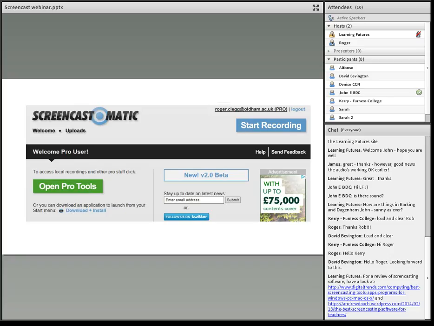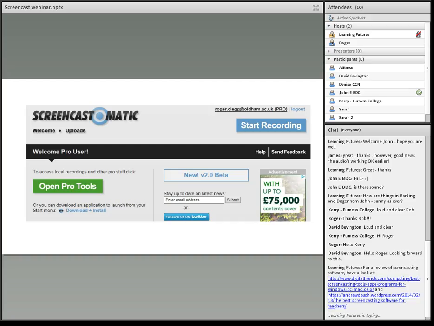Okay, so I've done some screenshots just to show you how quick and easy it is. In terms of Screencast-O-Matic, when I logged on, I'd see, top right hand corner, the email address that I used. One downside is that you will get advertisements in there even when you've got the professional view.